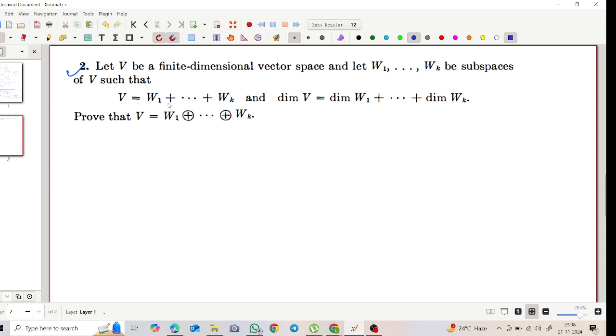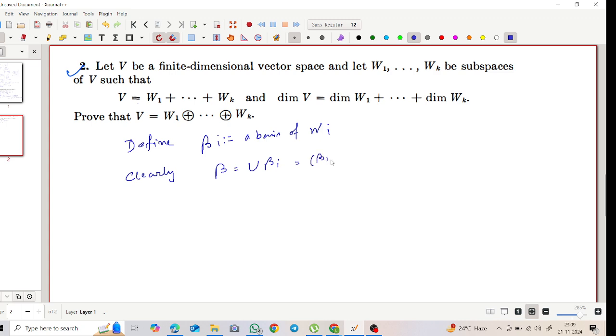So V is given to be the sum of this, okay. But the direct sum is not yet there, okay. So define beta i to be a basis of Wi, okay. Clearly beta, that is union beta i,